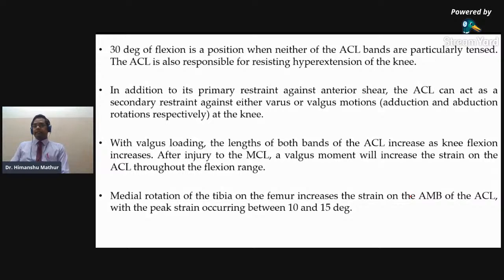Now 30 degrees of flexion is a position. Note this point. 30 degrees of flexion is that position when both these bands are a little relaxed, when the relative tension in these two bands is less. इसका मतलब 30 डिग्री ऑफ नी फ्लेक्शन एक ऐसी पोजीशन है जहां ये दोनों बैंड्स थोड़े थोड़े रिलैक्स हो जाते हैं।